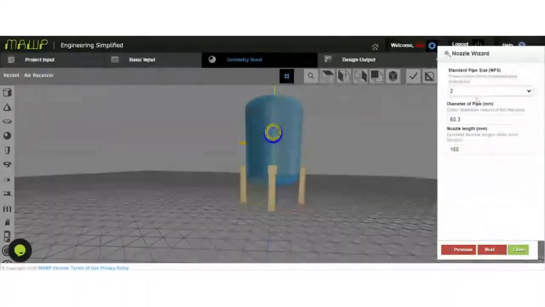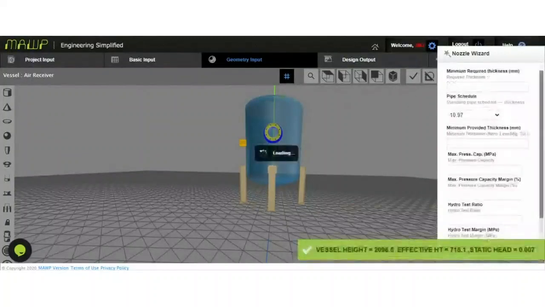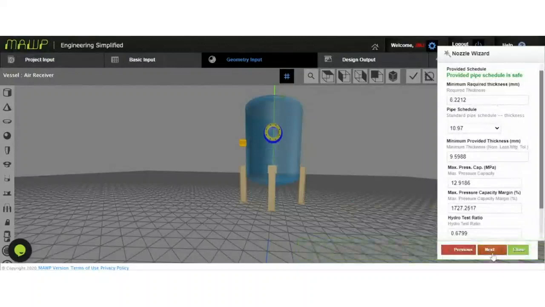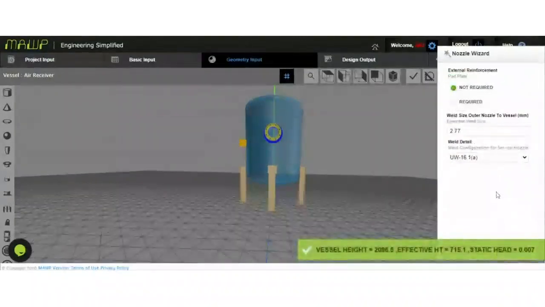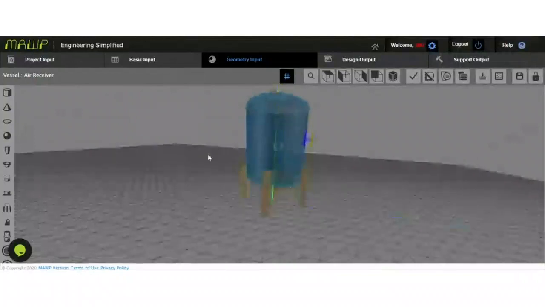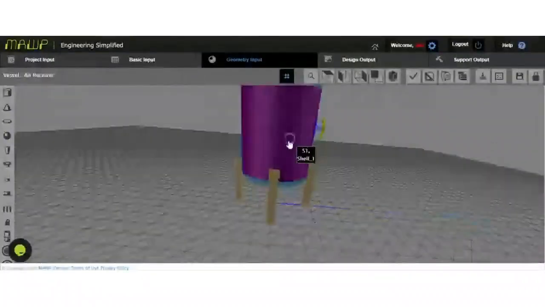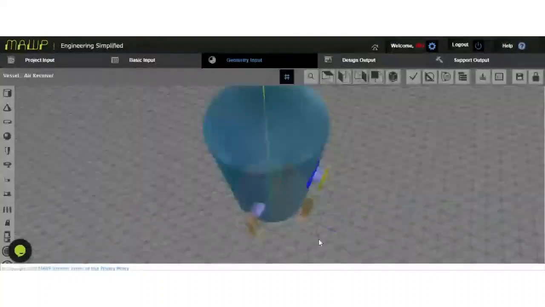The same size. You can change the size of the pipe as well. The length as. Okay. So as you can see, we've created another nozzle over the shell with a different y-axis dimension.